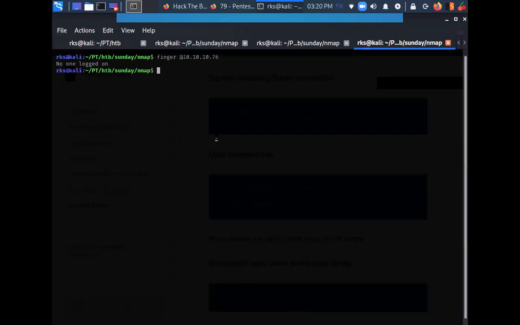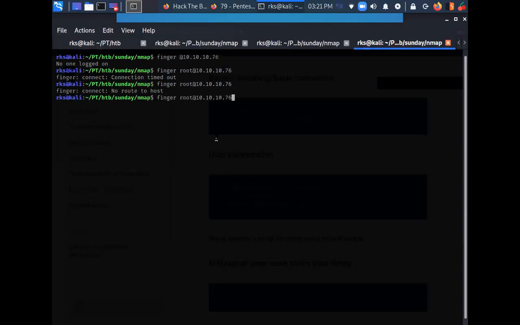So what shall I do next? I can try to guess the username like root. Connection timed out. No route to host.